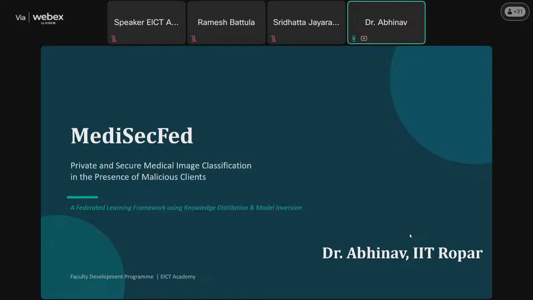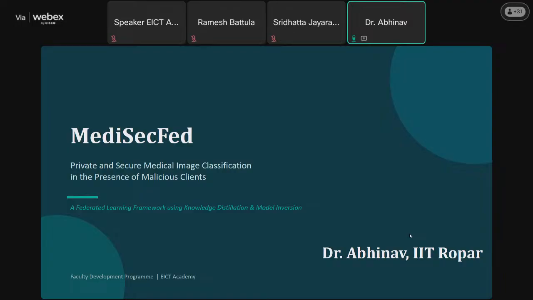Before I explain the proposed method, let me ask you a simple question. Suppose AI researchers from 100 hospitals want to build one powerful deep learning model for disease diagnosis. What is the first requirement? Obviously we need data from all these hospitals, because deep learning models become better when they are trained on large and diverse data sets. Now comes the practical problem.